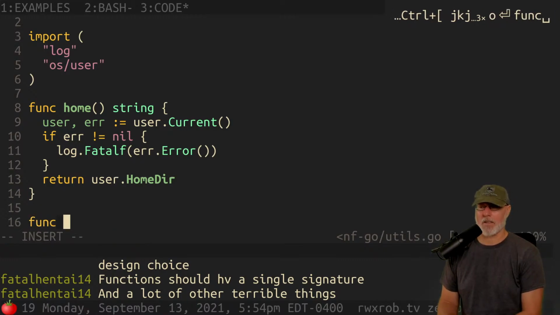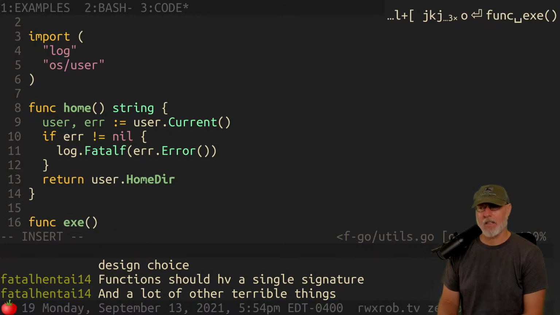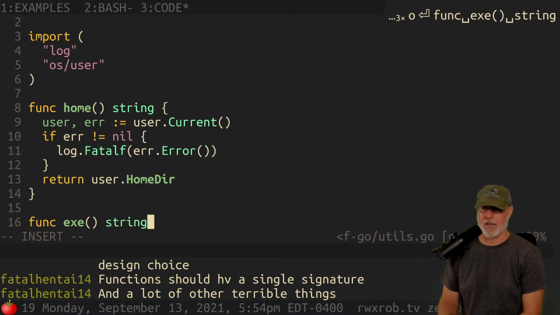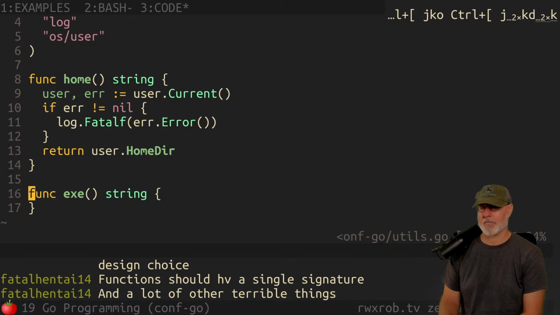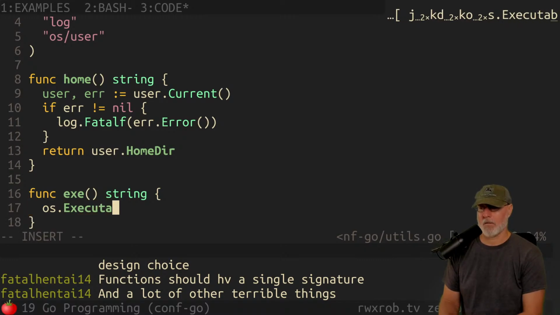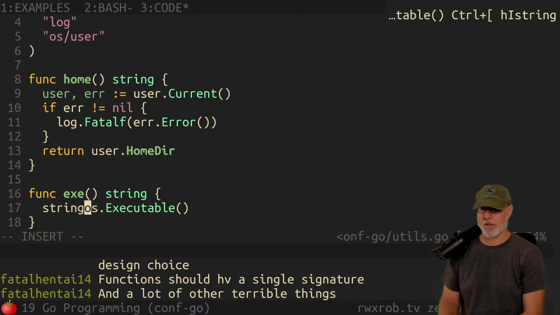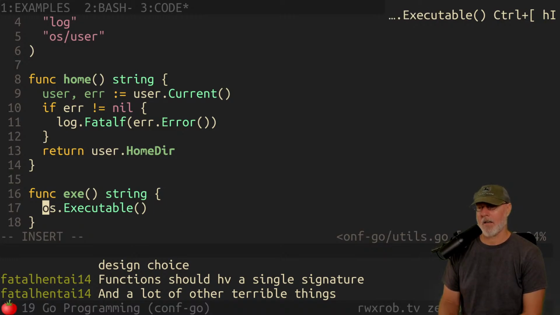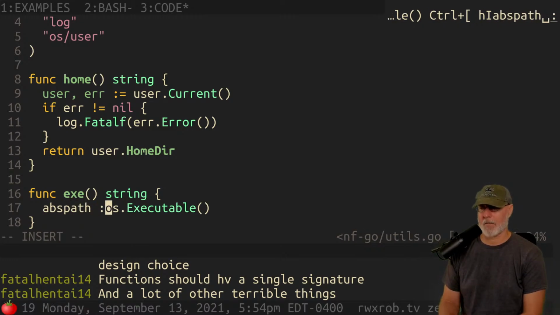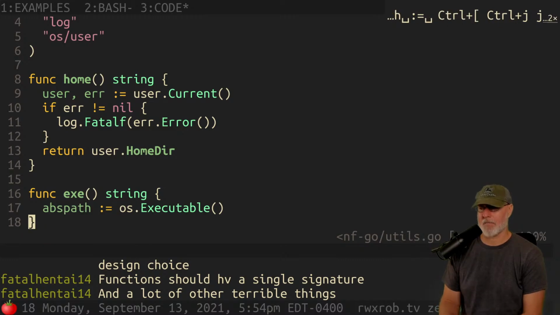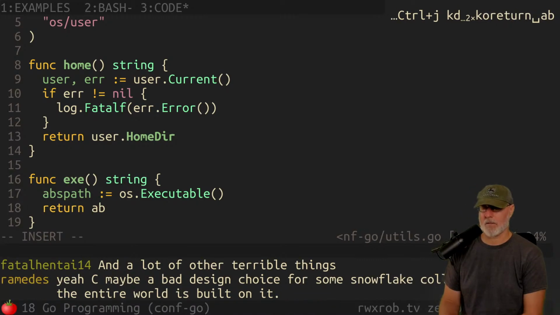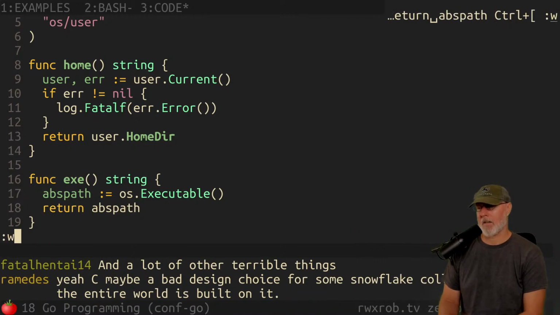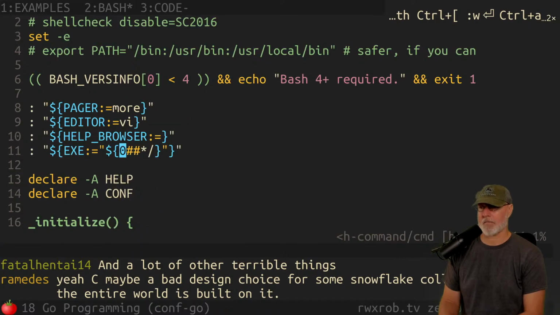So we're going to say exe. I'm going to call it the same thing because I want to. Because what am I going to do? I'm going to strip that thing. All right. So the exe is going to be os.Executable, which I assume returns a string. Yeah. So we're going to say abs path because I like that prompt to remind me. And then we're going to take the end of it. We're going to split it. So for right now, I'm going to go ahead and just return that abs path. I'm just going to return it for now and we'll go test it.